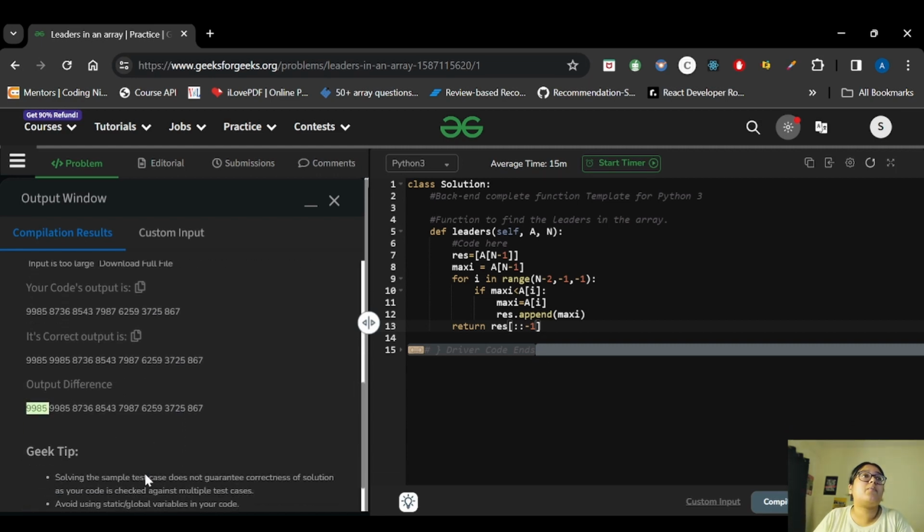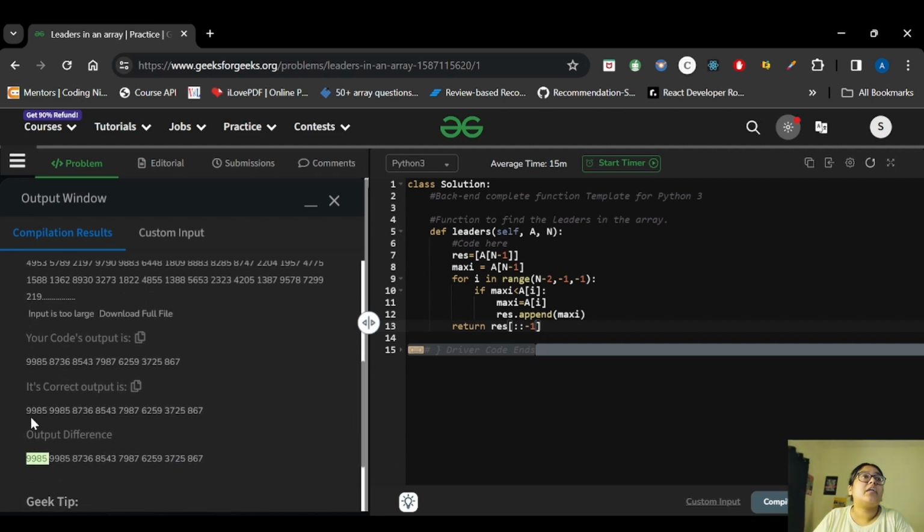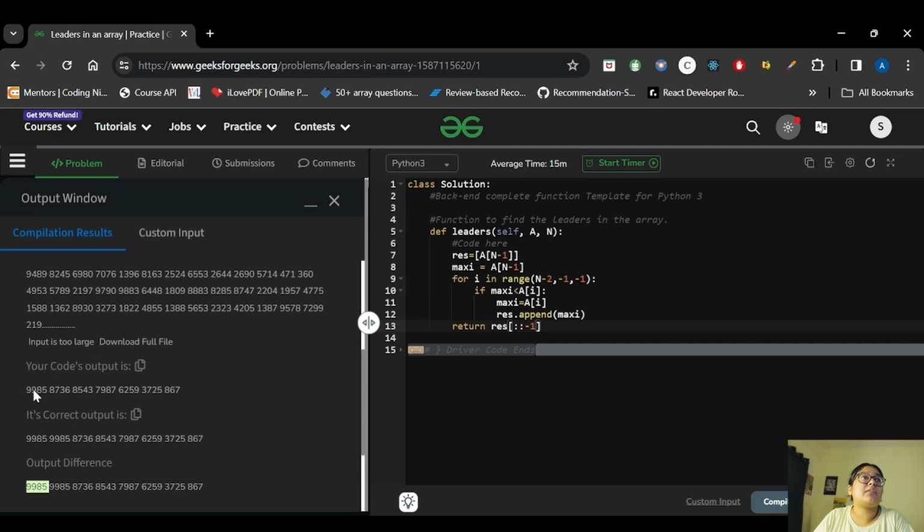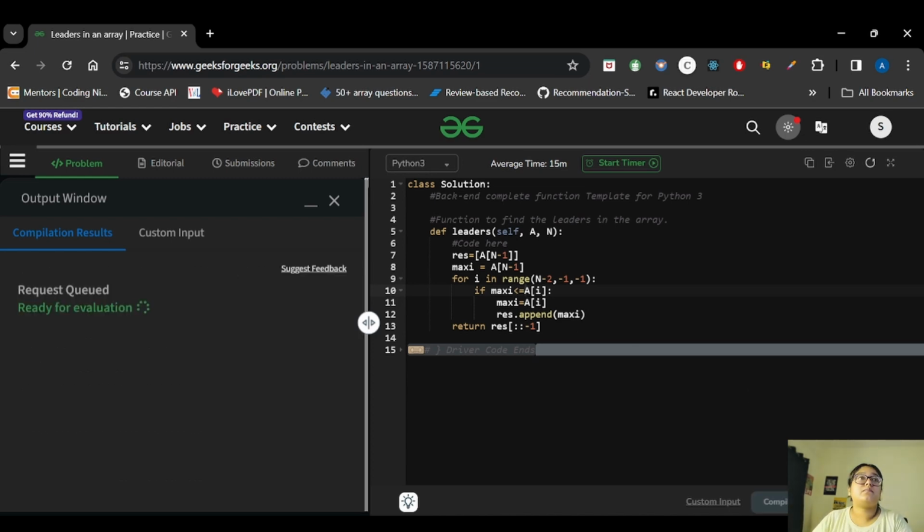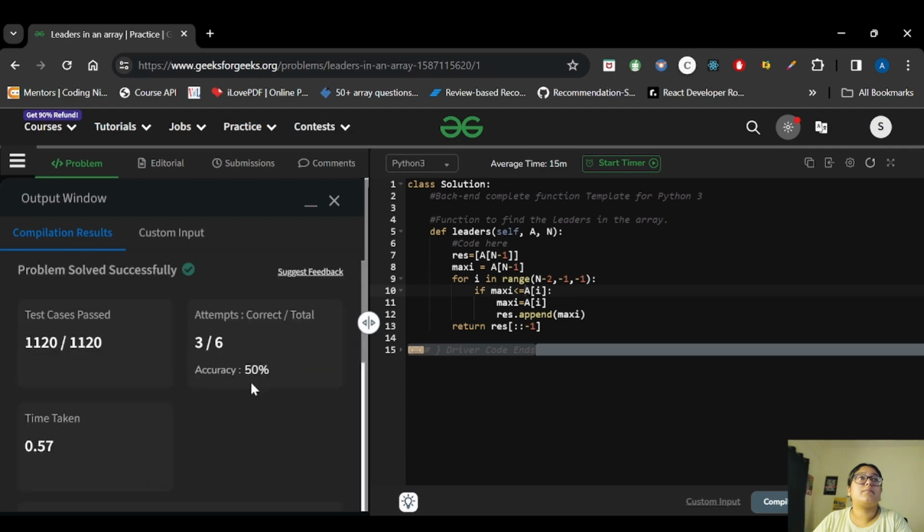Now there can be a possibility, like here we have some numbers, and according to my code it will only check for the lesser values, right? Like if maxi is less, then only it will append my value. But let's say if two numbers are equal, both of them will be greater than the values on the right side, right? So for that reason we will give equals to also. Now let's try to submit it again. So this code has been accepted.